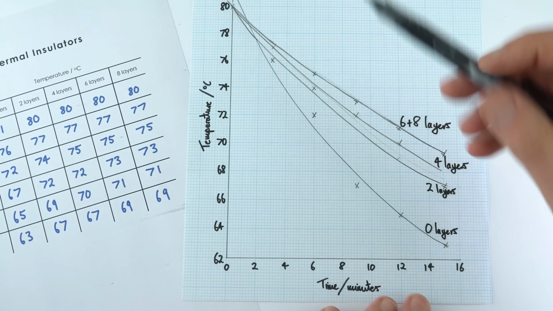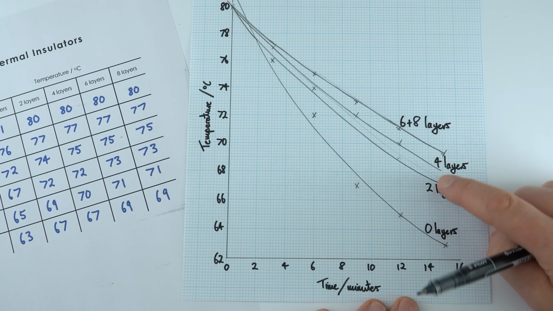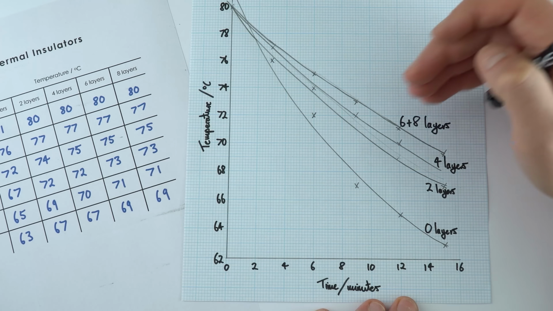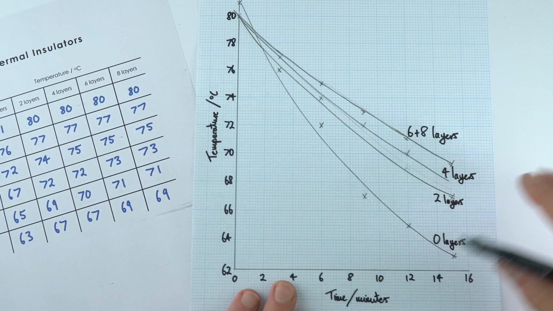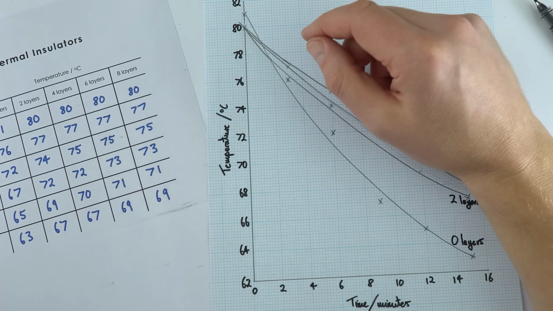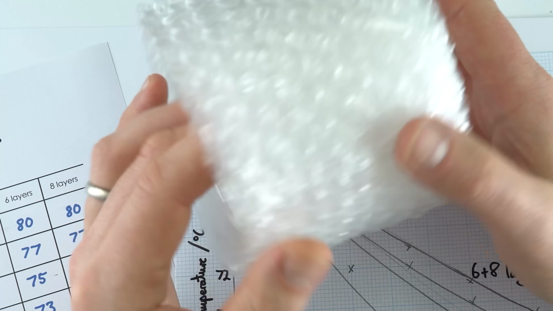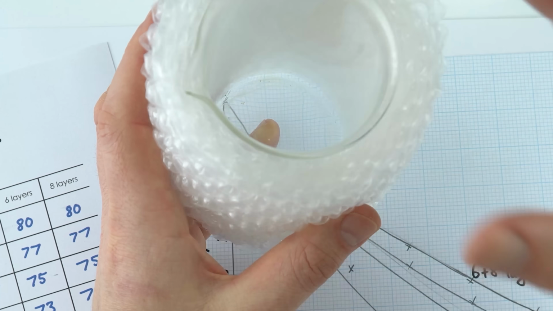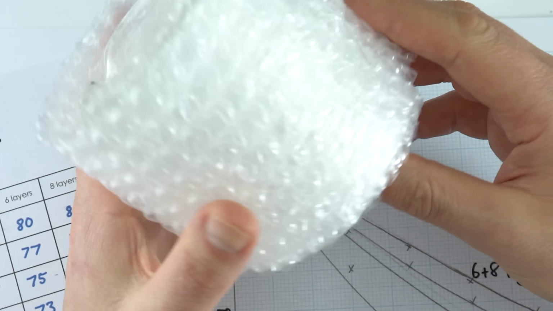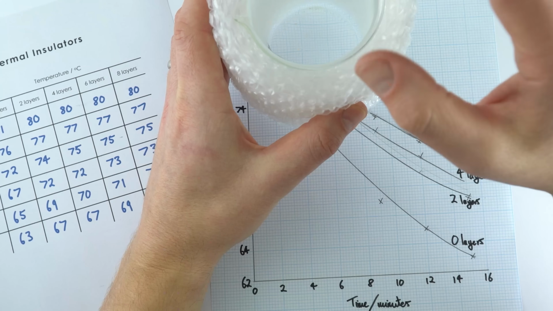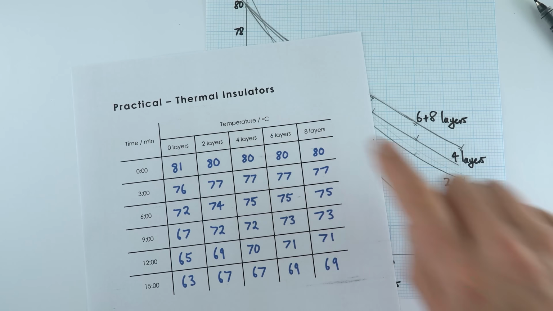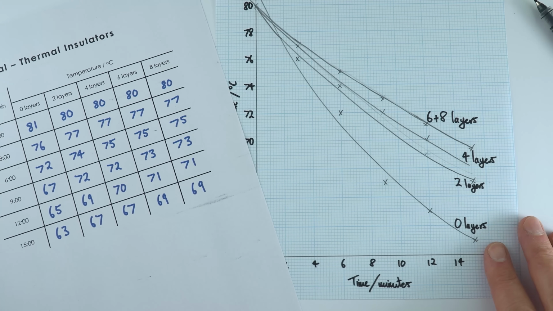But we can definitely see the effect of adding 2 layers is quite significant, and then with more layers, it's not really changing the amount of thermal transfer a huge amount. So that was the data that I took for that graph, and it's pretty straightforward that if you add more layers of thermal insulation around the outside, it's going to keep the water inside hotter for longer. And if we wanted to increase that insulation, we maybe have to think about putting something underneath it and even more layers on top for that lid. So that is my data for the thermal insulators practical for GCSE Physics.